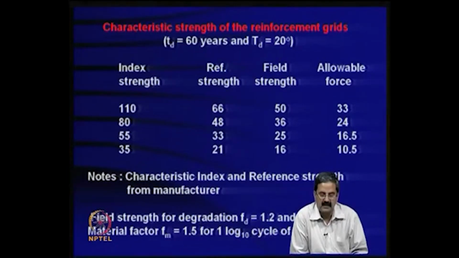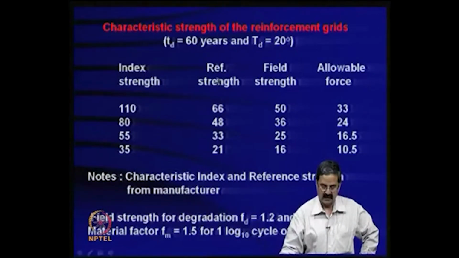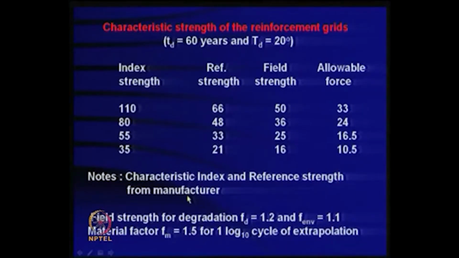What is available here is that now you are designing it, say for example 50 years or 60 years, and room temperature is also given. The companies know, they will give it in this form, okay. Index strength is say 110, 80, 55, 35, they are all called reference strength. It is called characteristic strength and reference strength from the manufacturer. Then they have, as I just mentioned,